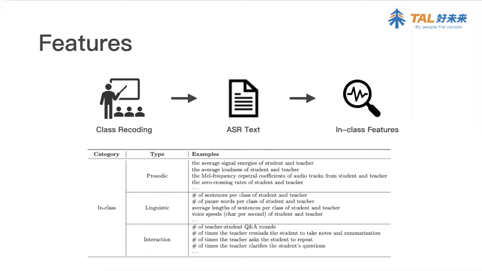After we know about all these characteristics, let's first look at the features we mined for the problem. For the in-class features, we first extract the audio from the online classroom recordings. After that, we used ASR technology to convert voice into student-teacher conversation text. Then, we used our proposed conversational talk feature extractor to produce the final in-class features. The in-class features include the prosodic and linguistic features of student study time. Through analyzing these features, we can get to know the students' engagement and study status during the class.